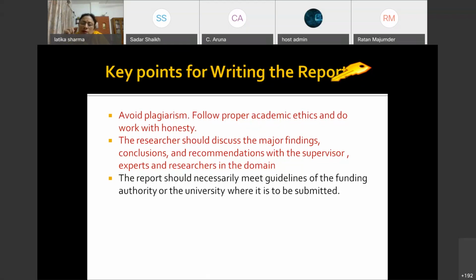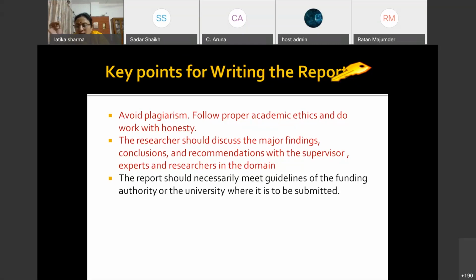The report should essentially contain objectives, major findings, conclusions, and recommendations, which should be clearly discussed with the supervisor and then put inside the report. Try not to fudge the findings in order to get desirable findings. Do not fudge the data. For example, I have not come across any study on the use of ICT which says that the lessons taught with the help of ICT gave poorer results than the conventional study. It is very difficult to